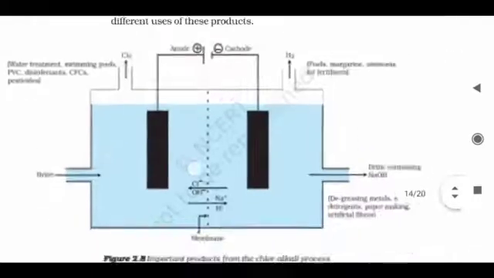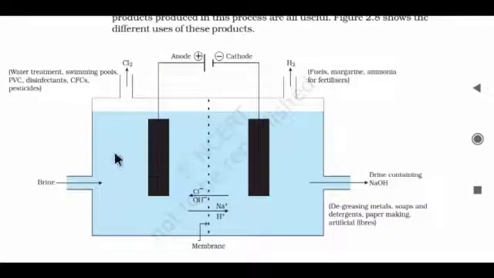Now here is our setup of the experiment. It is a plastic container, and we are adding brine water in this container. Brine water means NaCl plus H2O. You can also say salt plus water gives you brine water. You have to pour this brine water inside, and take an anode and cathode, and this one is our battery to add the power supply. When you supply the power to this structure, what will happen? The electricity will separate the NaCl, and with the help of NaCl, H2O and electricity, your product NaOH will be formed.